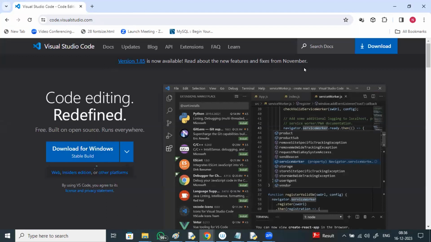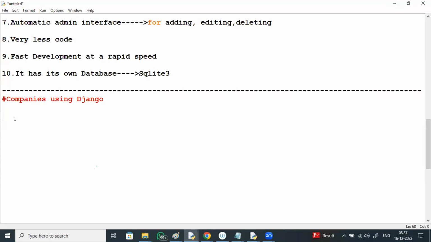Say next, next, next, and select a shortcut on your desktop. To develop an application, I'll show you one sample application.